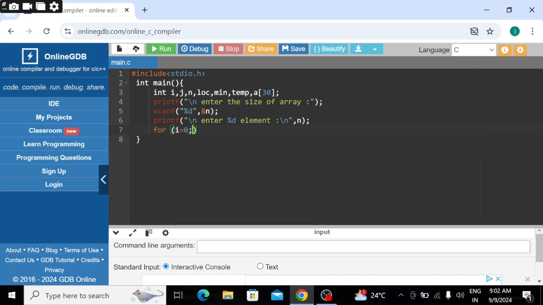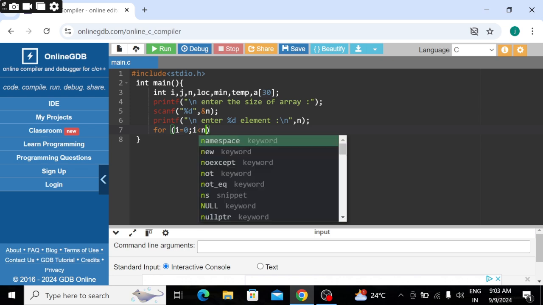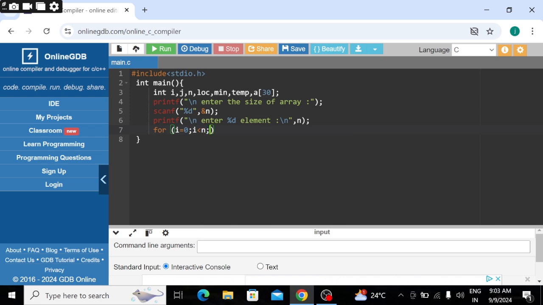Here we initialize i equal to 0, i less than n, and i plus plus, which means we use the increment operator to increase the i value by 1. Give a space between it.